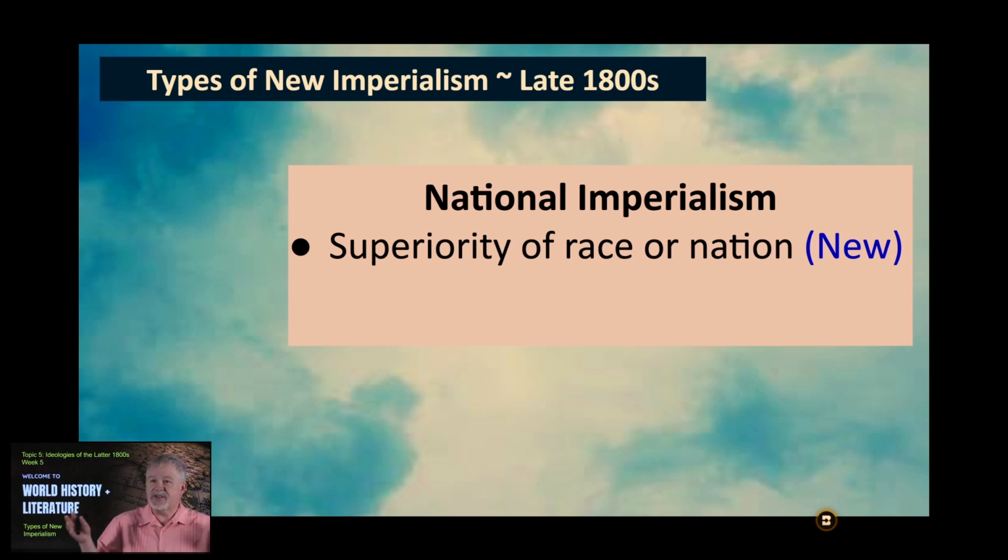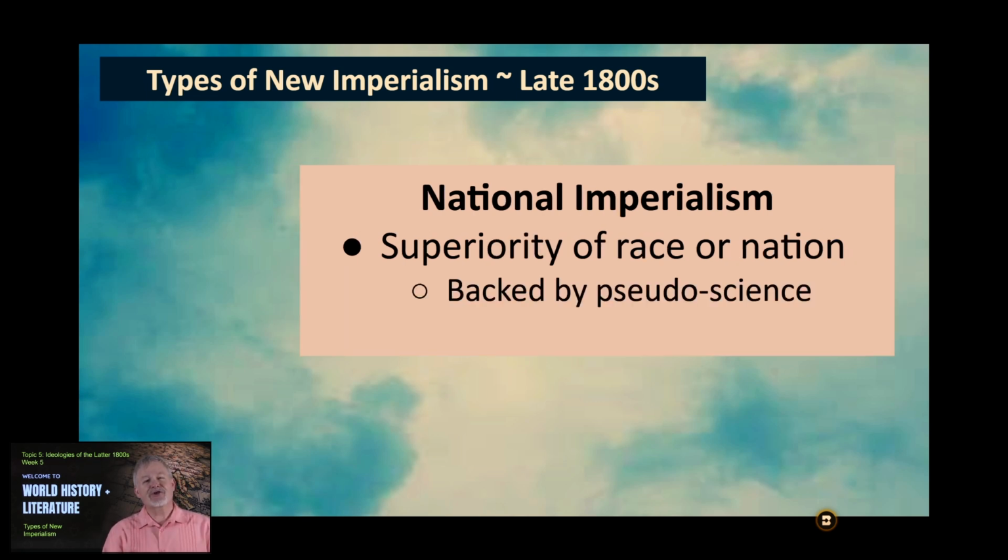And of course, since this is happening in Europe, the white man is the one who's on top. The European white man is the guy making all the rules, so to speak, and defining which race is superior to the others, which one has evolved farther than the others. They've done this through a kind of pseudo-science that emerged out of Linnaeus and Darwin and got molded. They took an idea and took it to the next step. And that definitely is part of national imperialism.